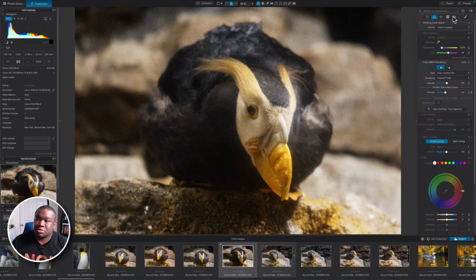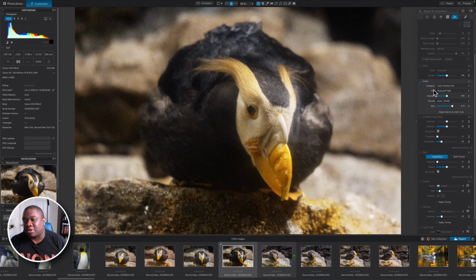And if I wanted to tweak this, all I have to do is come over to effects, and I could spend the time in here to really fine tune this particular look. And this is why I still think that PhotoLab and FilmPack combined are fantastic and are the stylistic king for photography. I know that that's a very bold statement to make, and it is also very subjective, but it is what I believe, and it is what I would recommend to people if you're looking for two programs that